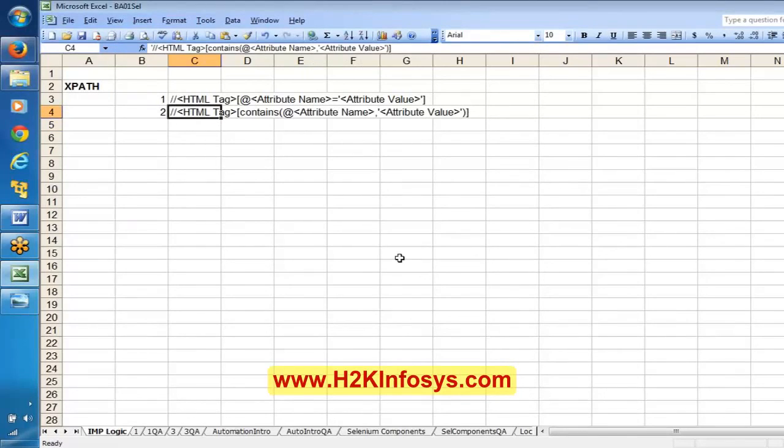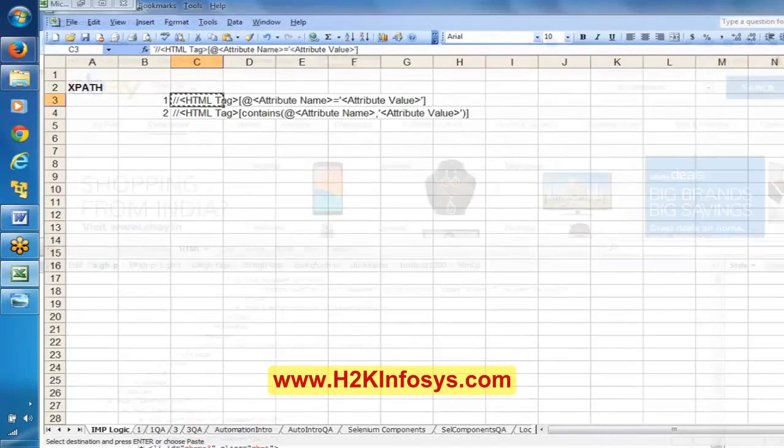Okay, as of now if you really want to use XPath, when you want to use it, if you don't have ID, if you don't have name, and moreover if it is not a link, in that case you will use XPath. This is the order of preference that you have to follow while building automation scripts using Selenium. Now here one of the cases is this.